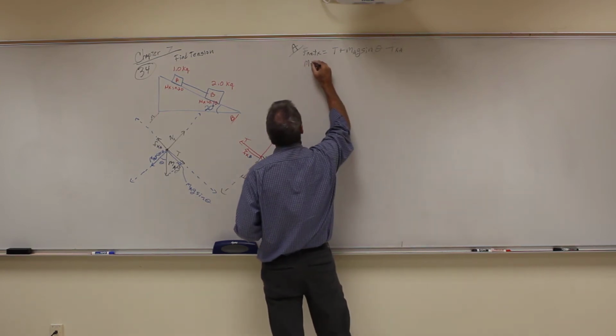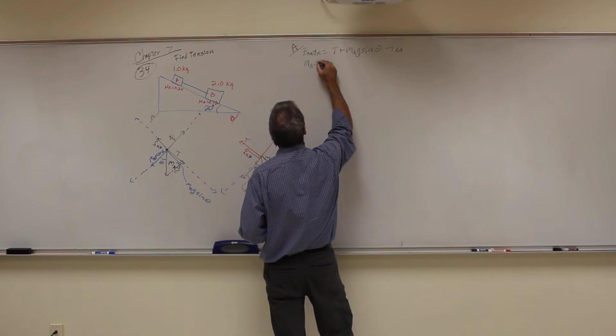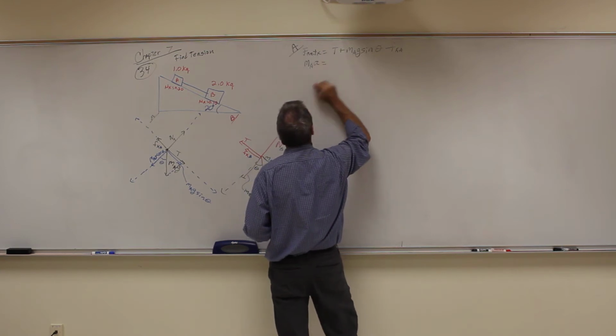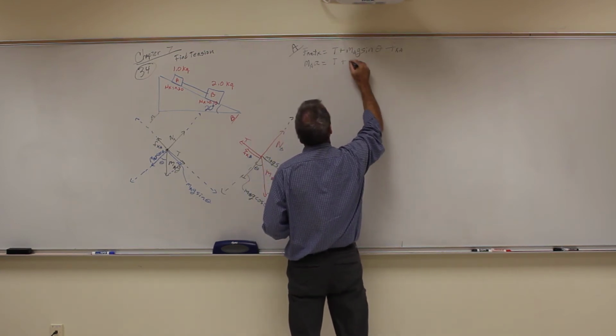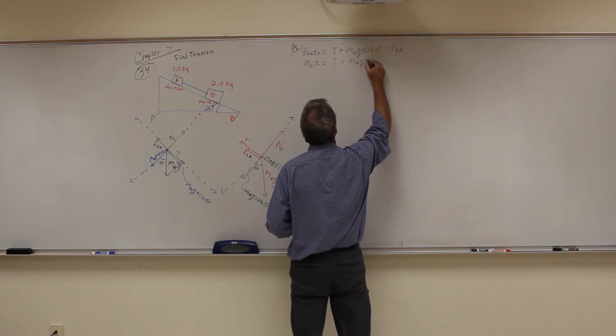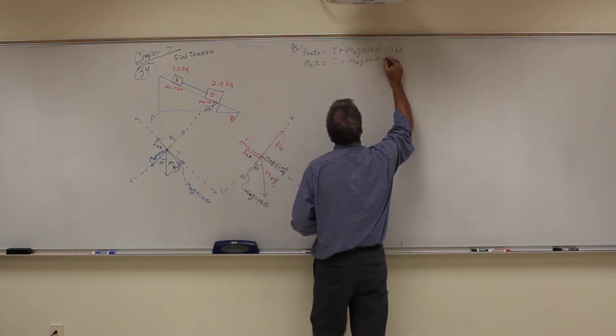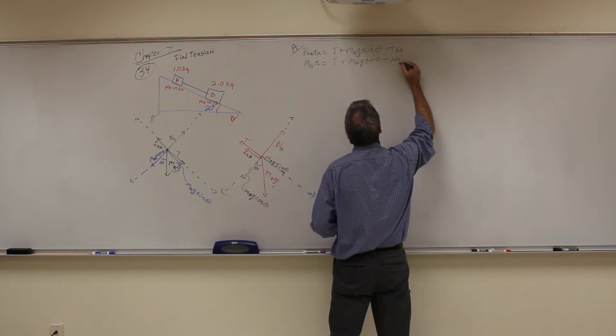This is equal to MA times its acceleration A. It's equal to the tension plus MAG sine theta minus mu sub k times the normal